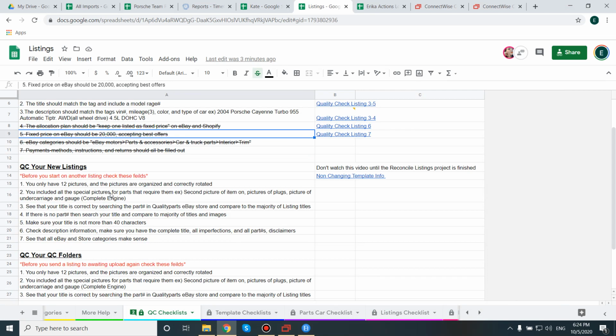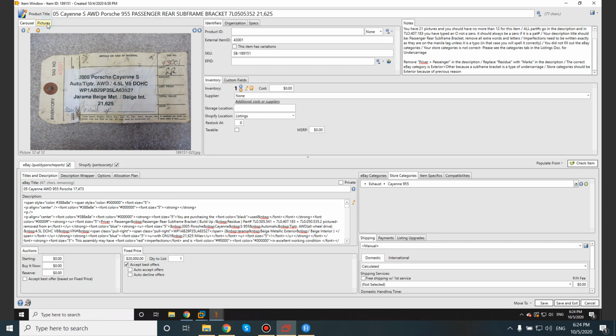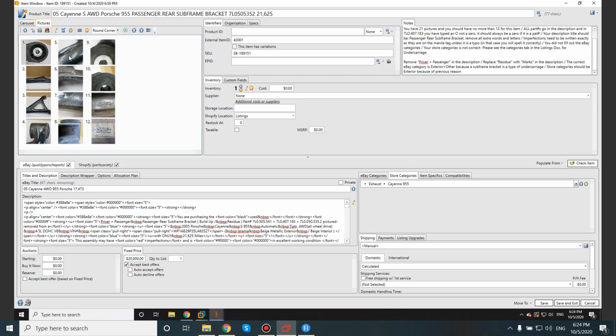Now we want to check the listing part. So we need to have 12 pictures and they need to be organized and correctly rotated. Okay, so we've got our 12 pictures. They need to be organized and correctly rotated. Well, the very first picture should be the best picture of the item, or it should be showing what the item is. So this is not correct. This is out of order. And so we need to tell them